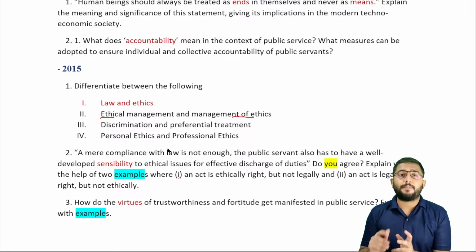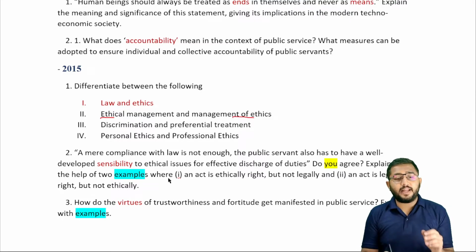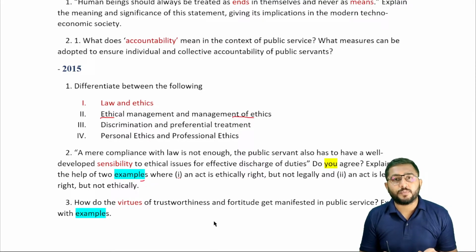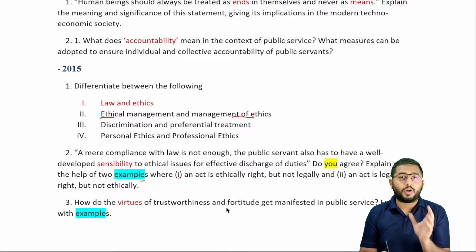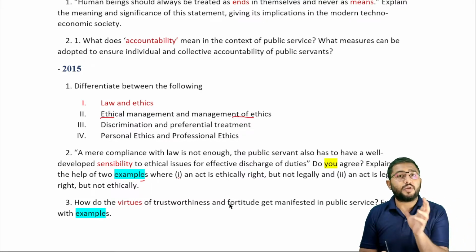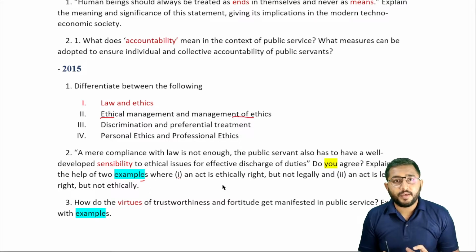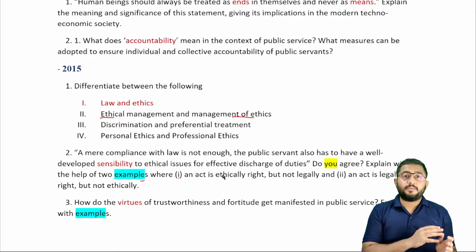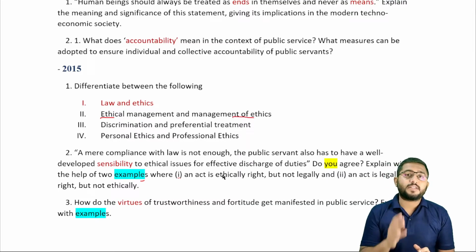These are practical application-based questions. And finally, I come to these blue highlights that I've given you. The blue highlights talk about examples. They talk about real life examples, or examples from modern day context, or examples to explain the answers. This is one portion that I've seen most of my students and most of you aspirants out there miss out